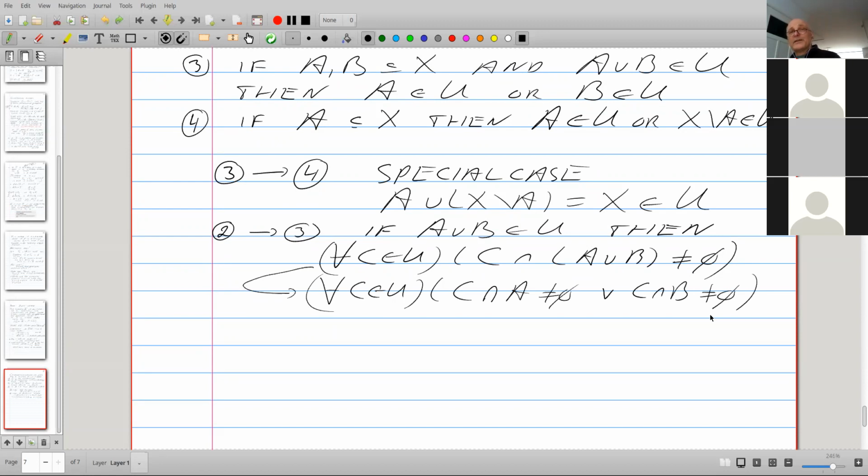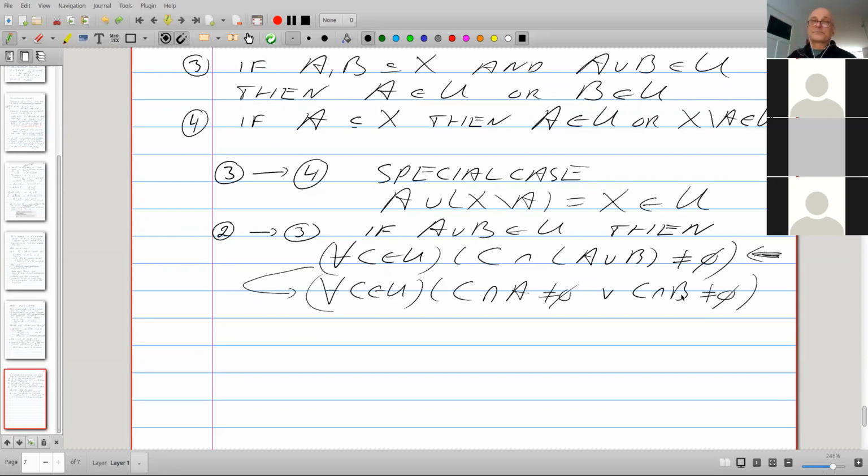If you look at this first statement here, then we can easily deduce this: for every C in U, either C intersects A or C intersects B.